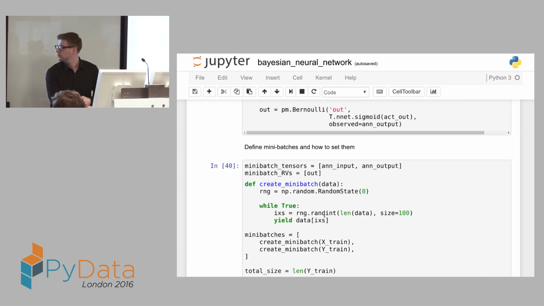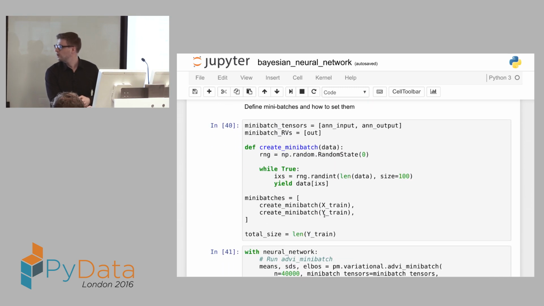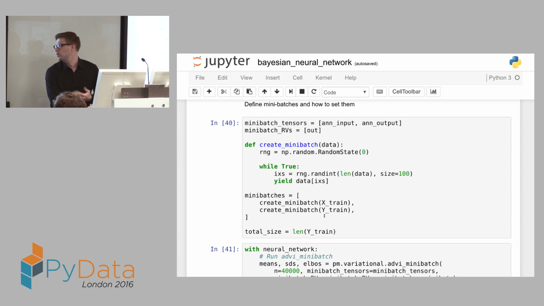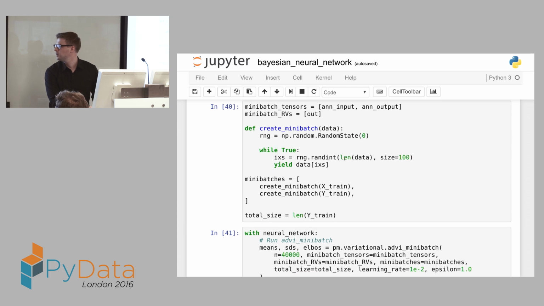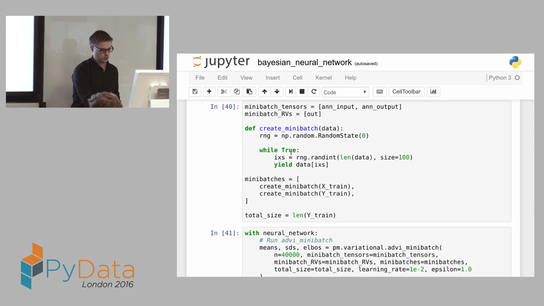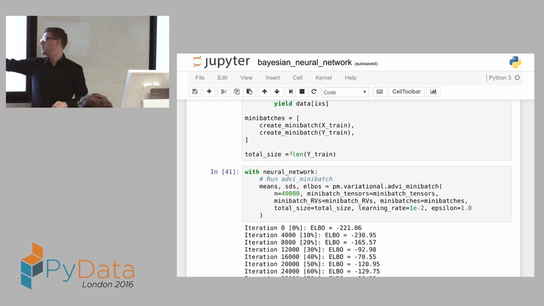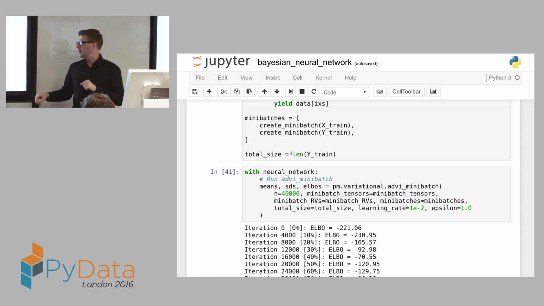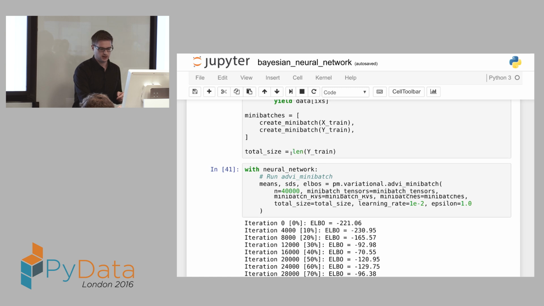I just have to redo the model, and this is what that looks like. We're not completely set on the API, but I think this is pretty good. The key point is that we're creating a generator that will provide me subsets of the data. I'm just using 100 data points at a time, and then I'm passing that to the ADVI mini batch function, with which variables should be replaced. It's not difficult to set up, but in any case, it works, and it's going to be even faster.